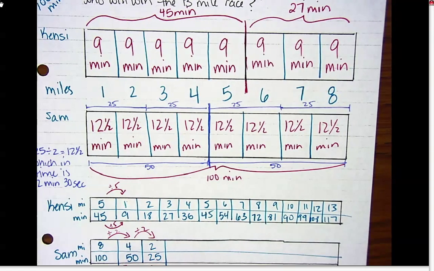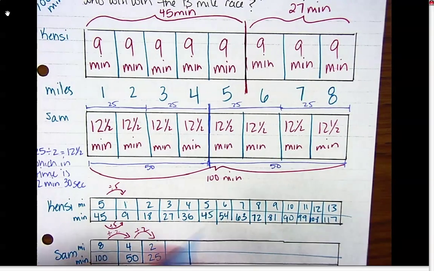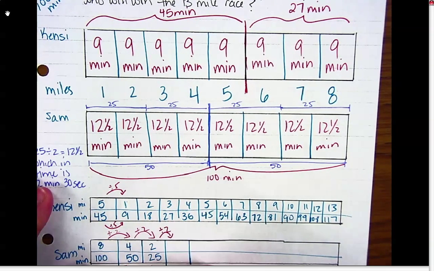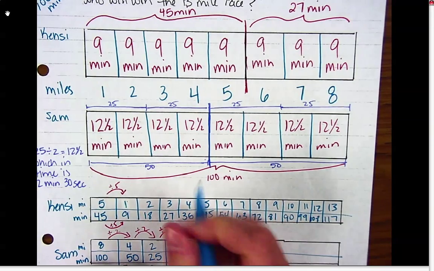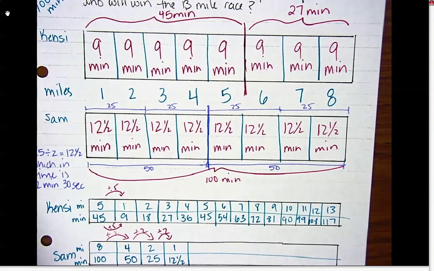So now, remember with unit rate, we need to get down to that single unit, that 1. So how far are they going for 1 mile? So I divide by 2 again, and that gets me that 1 mile. So I can see that 1 mile is going to be that 12 and a half minutes that we've already discovered. Okay, and so now